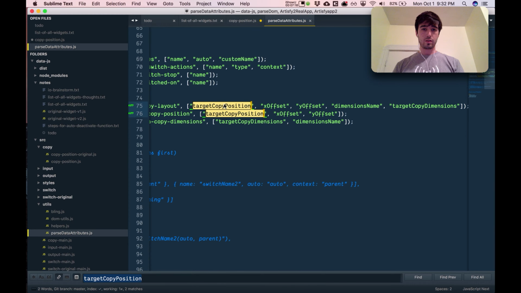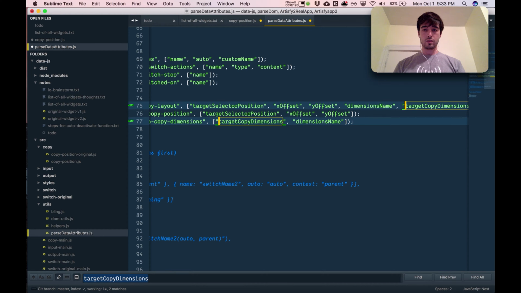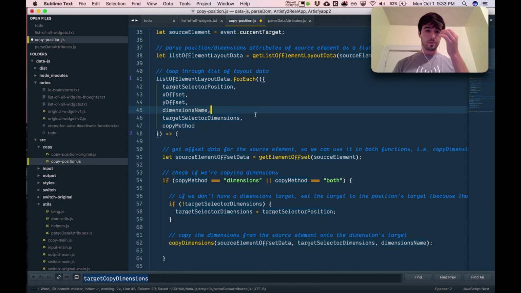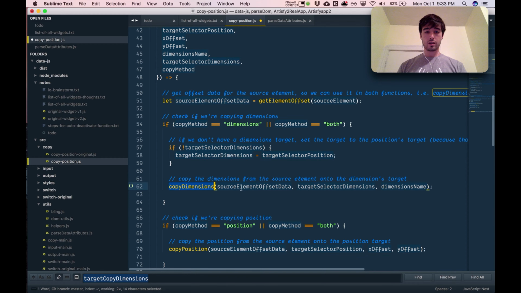So here we have target selector position, and this one we have target selector dimensions. Okay, so into copy dimensions we're going to pass the offset data, and we're going to pass the